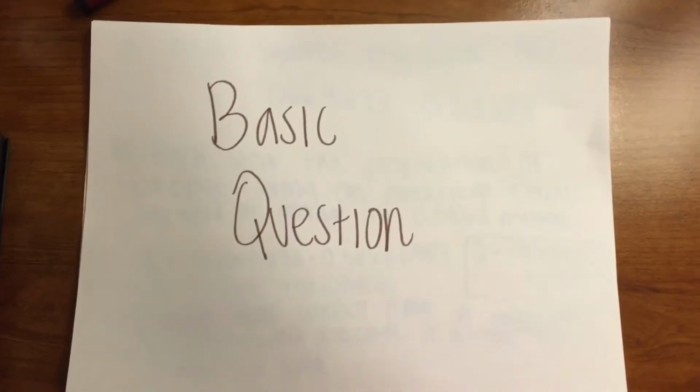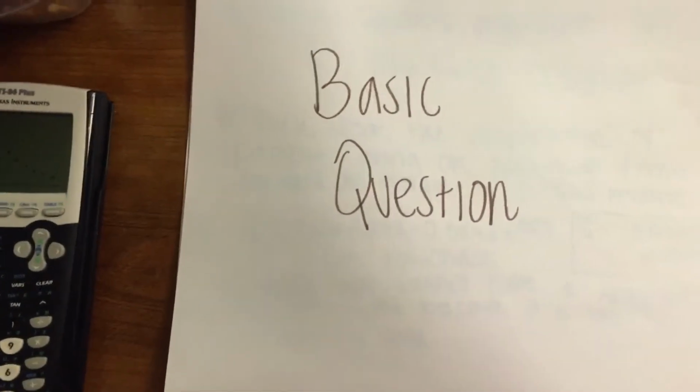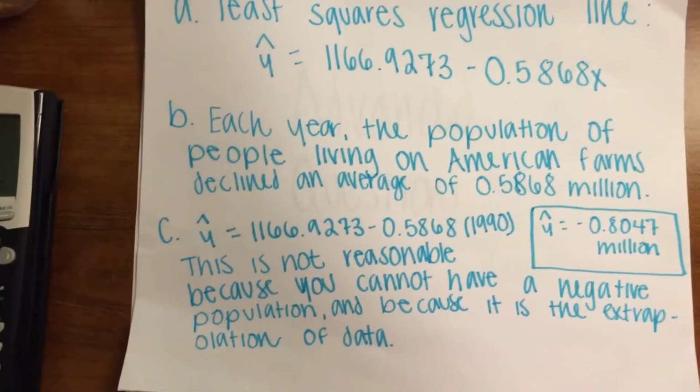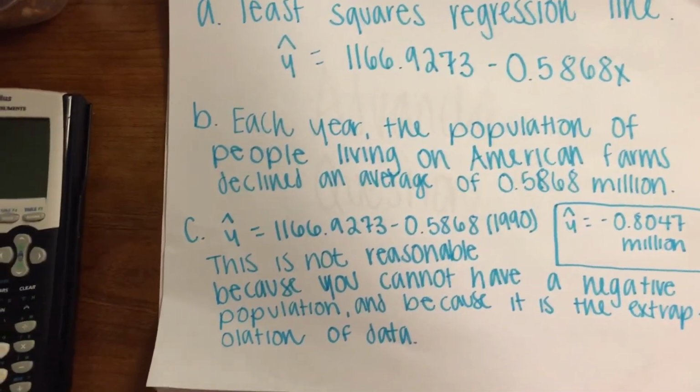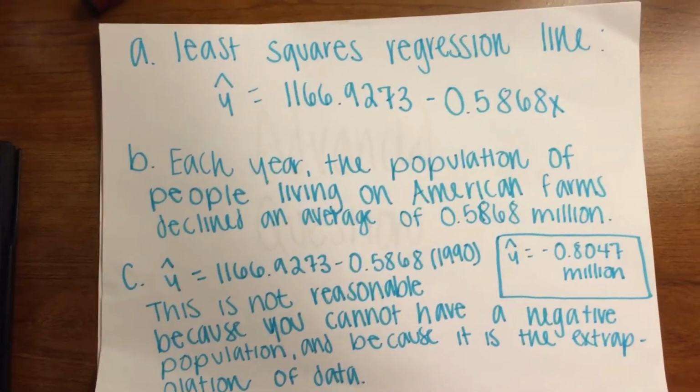The basic question is about American farm populations and their decline from 1935 to 1980. For part A, we had to make a scatter plot of the data and find the least squares regression line of the farm population per year. The least squares regression line was y hat equals